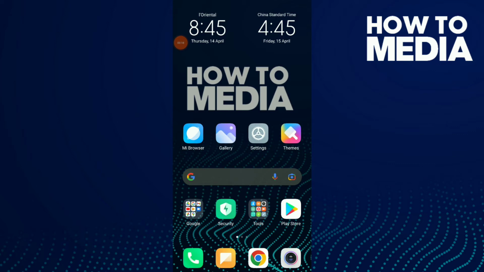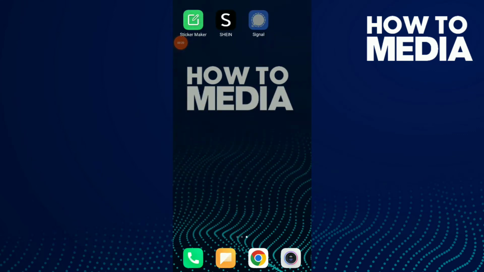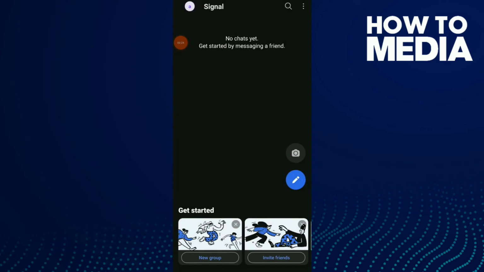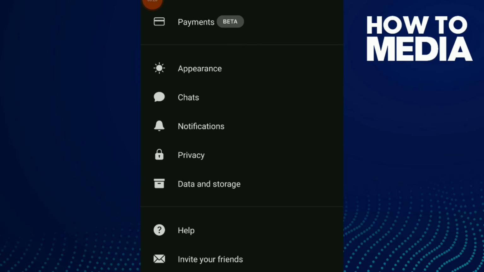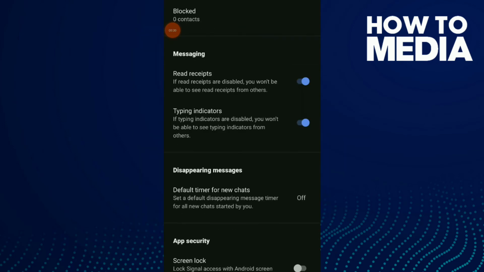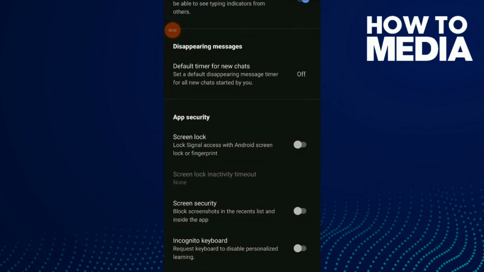And now click on those 3 points up there, click on settings, scroll down and click on privacy. Now scroll down and you have disappearing message, and set a default disappearing message timer for all your new chats